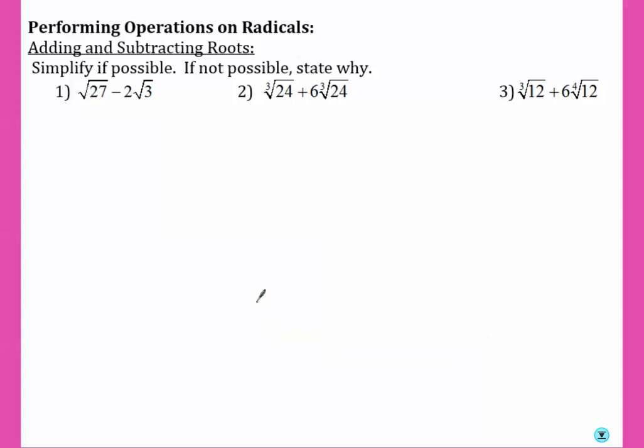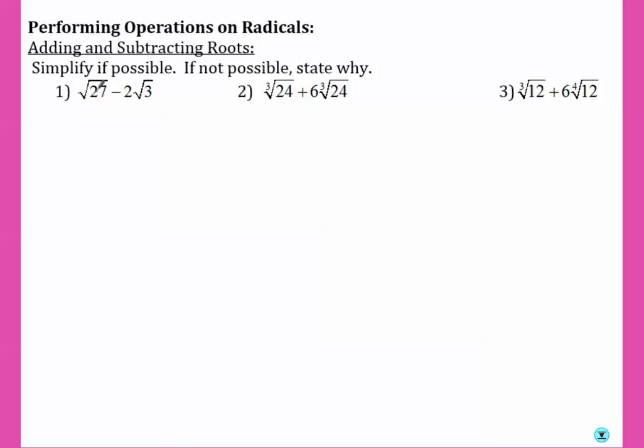Today we're going to be working on performing operations on radicals. So we're going to start off with addition and subtraction. We're going to simplify if possible, and if not possible, state why. In order to be able to add or subtract radicals, they need to have the same index and the